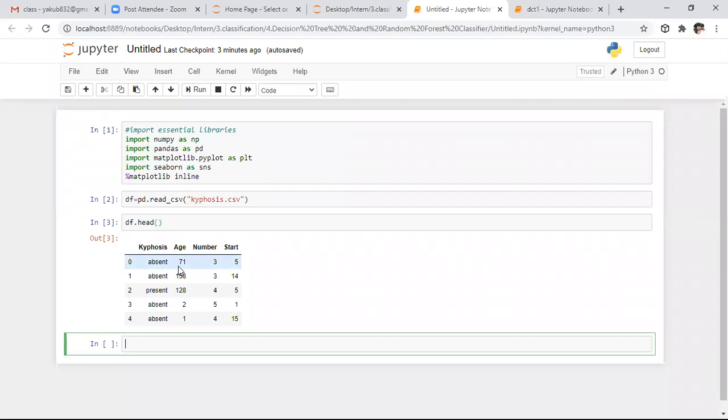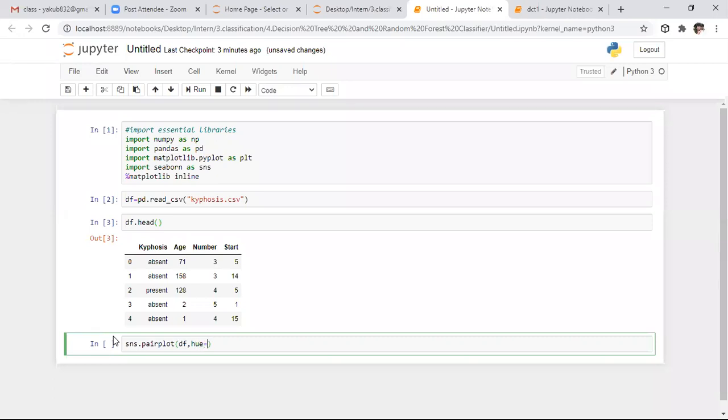After this, what we need to do? I want to perform exploratory data visualization with the help of a pair plot. In the pair plot, we need to specify the data frame name, that is, on which data we are applying this, and based on which attribute we are performing it.